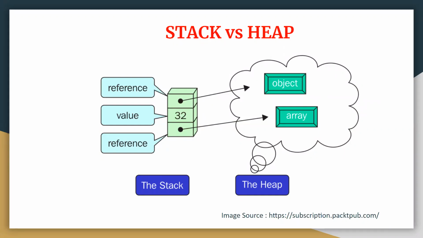So let's start a quick difference between stack versus heap. The first differentiating characteristic is information stored in the memory. In case of stack, the information is always stored in a linear or sequential structure. In case of heap, the information stored in the memory will be either dynamically allocated or random in nature.